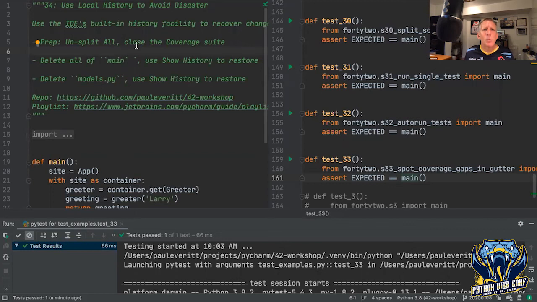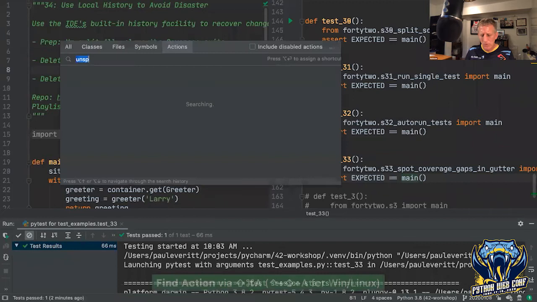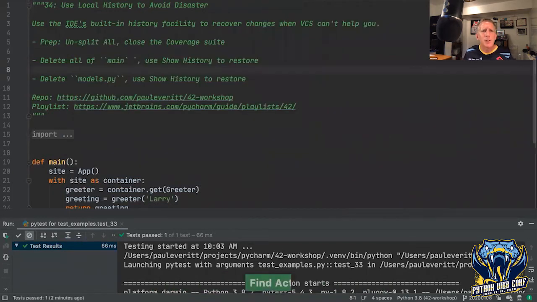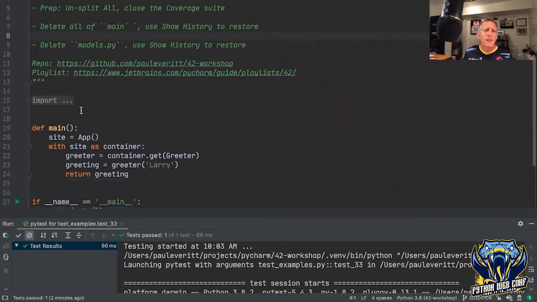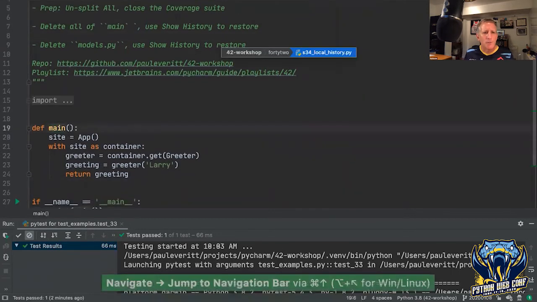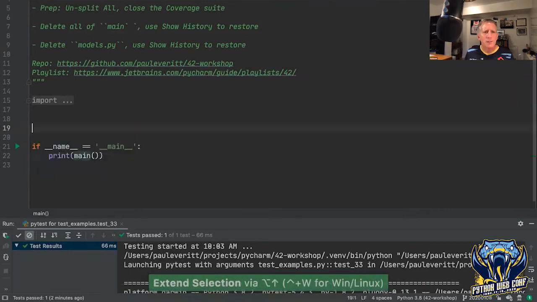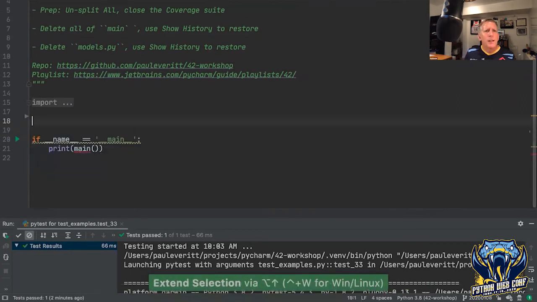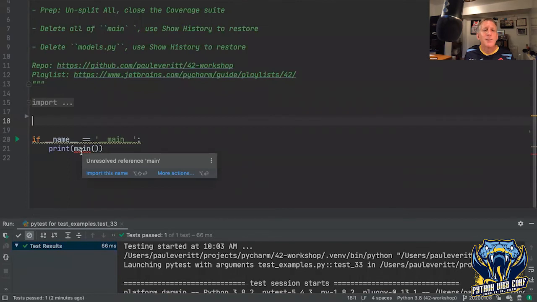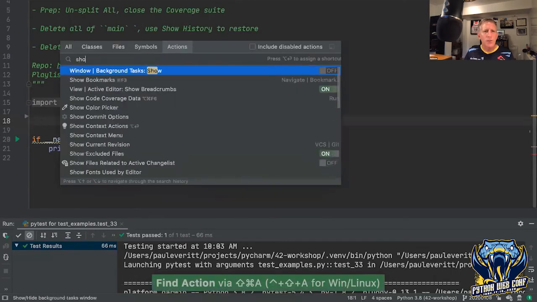So for example, we're going to use the built-in history to recover from a mistake. I'm going to unsplit, get out of TDD mode, and I did close the coverage suite. And let's say I'm like, okay, yeah, main, blah, blah, blah. I just delete it, whatever. And then 2 days later, I come back and see, oh my God, why is this code not running? What, did I delete something? What went wrong? What you can do is show history,